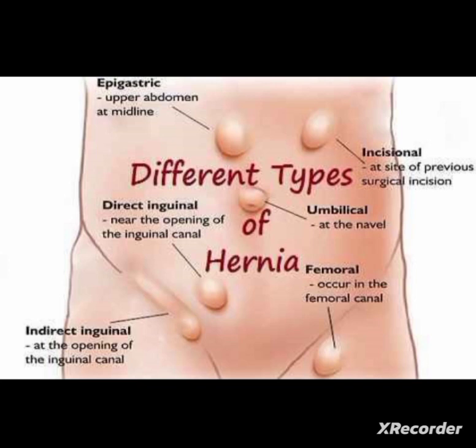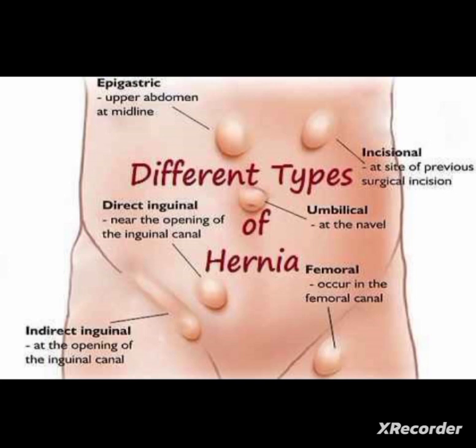Next one is inguinal hernias. Inguinal hernias are very important and are a common type of hernia. It occurs at the point of weakness in the abdominal wall, where the spermatic cord in men and the round ligament in women emerge. When the protrusion escapes through the inguinal ring and follows the spermatic cord or the round ligament, it is termed